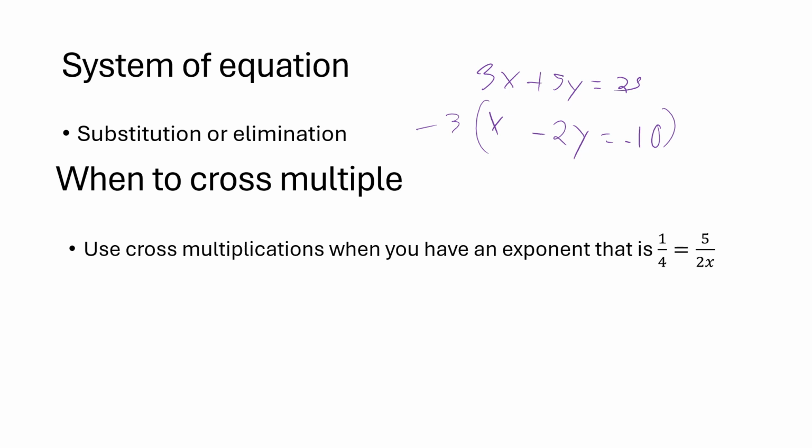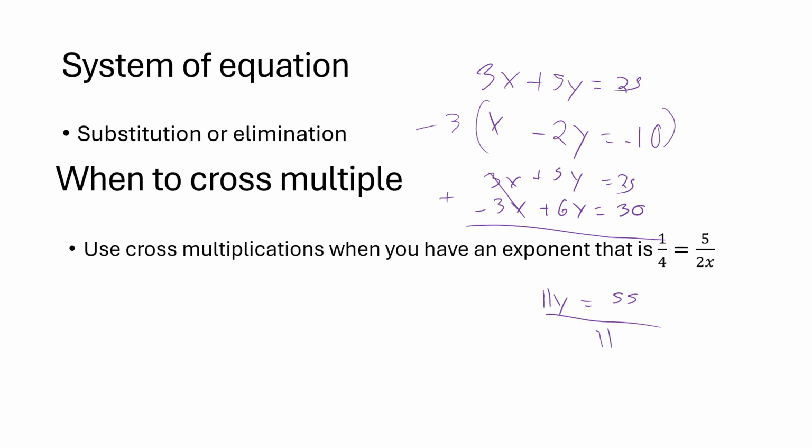Well, when I multiply this entire equation by negative 3, I'm going to get this. x plus 5y equals 25, negative 3x plus 6y equals 30. Well, now we're going to add these equations together. So we're going to get 11y equals 55. Well, that actually did really perfectly. So yeah, we're going to get 11y equals 55. We now divide to solve for our y, which will give us